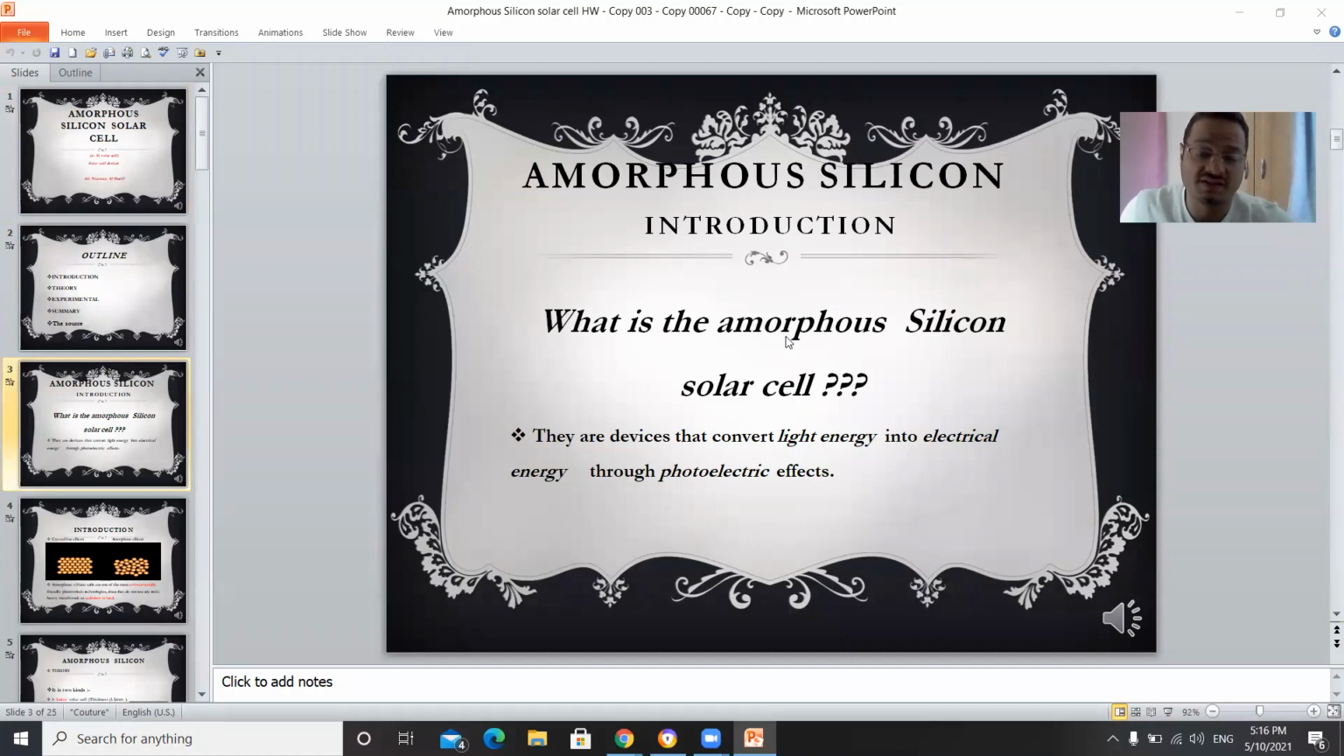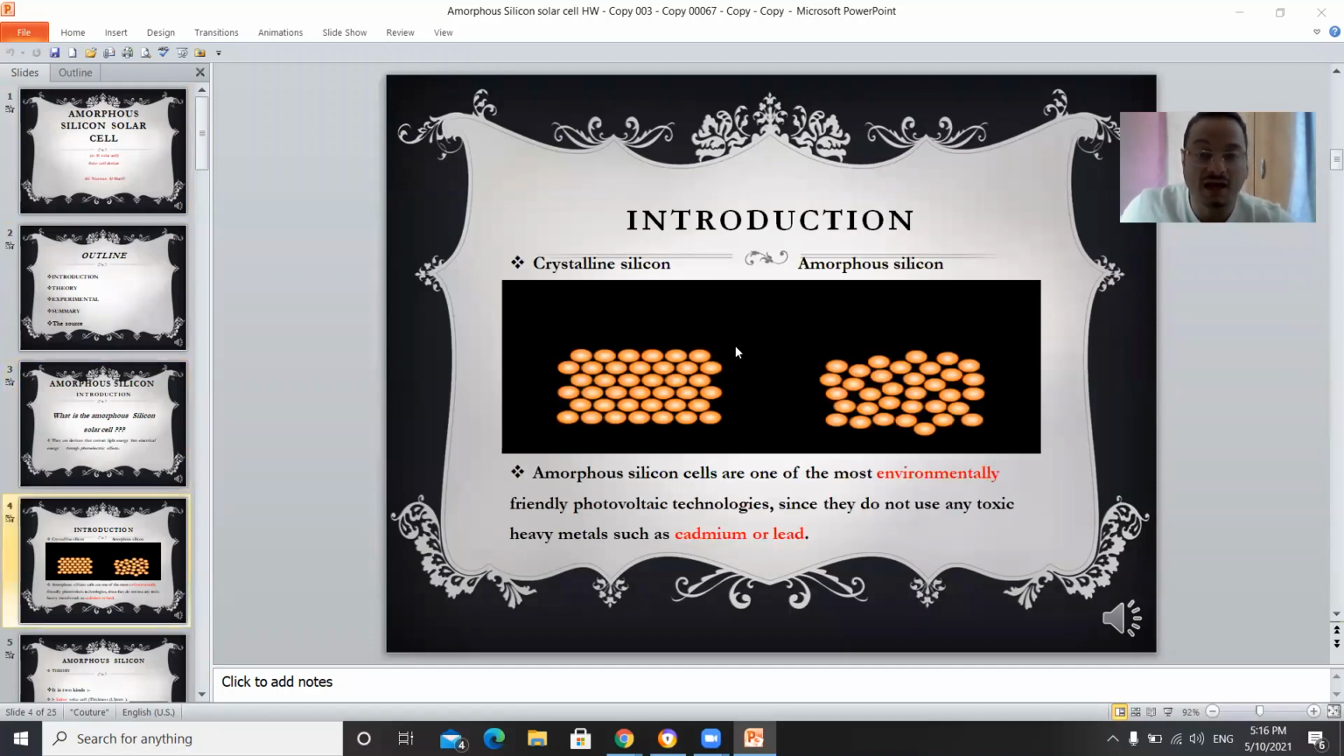These devices, these cells, can convert light energy coming from the sun directly into electrical energy through the photoelectric effect. This figure illustrates the difference between crystalline silicon and amorphous silicon: a homogeneous structure in crystalline silicon and a non-homogeneous structure in amorphous silicon. Amorphous silicon cells are one of the most environmentally